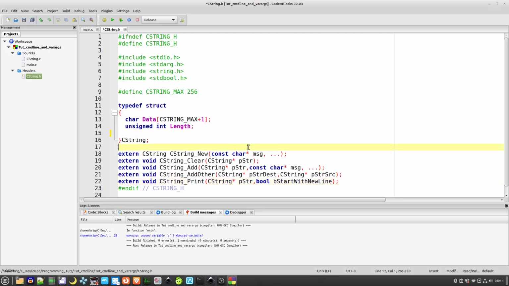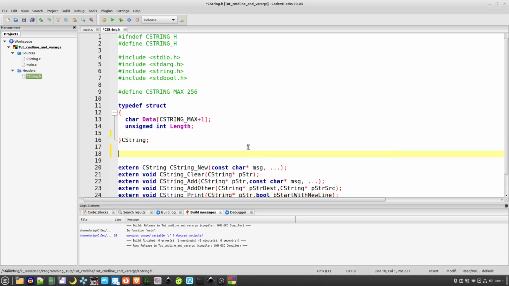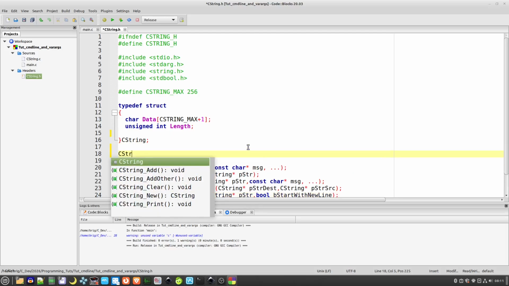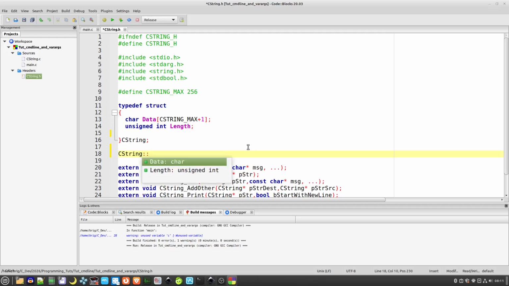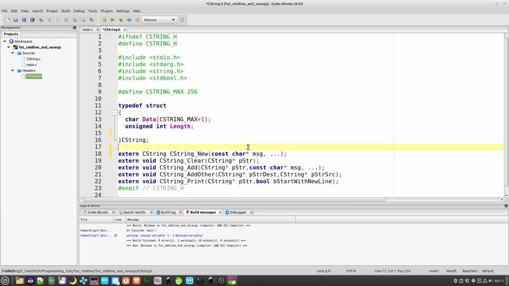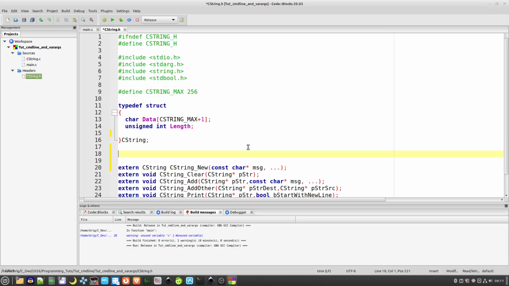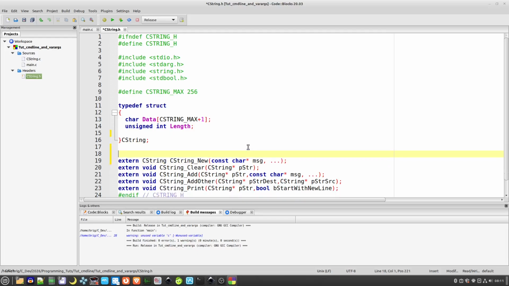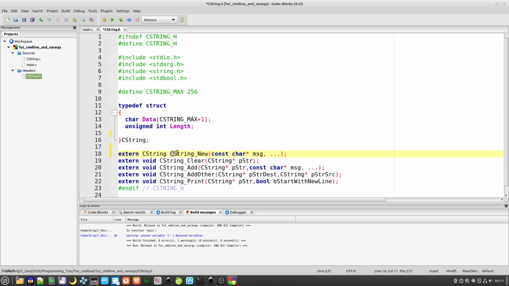It's basically, if you were doing this in C++, you would have CString, and then you would have new or something like that. That's how C++ kind of does it. In Java, you would have... well, I won't bother going over it here. This is the easiest way to have a clear object-oriented kind of way in C,